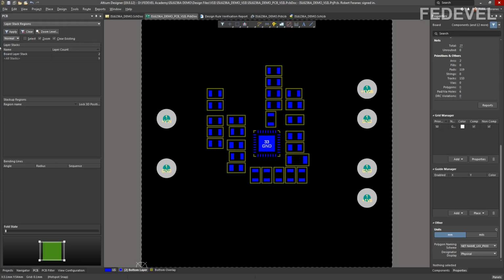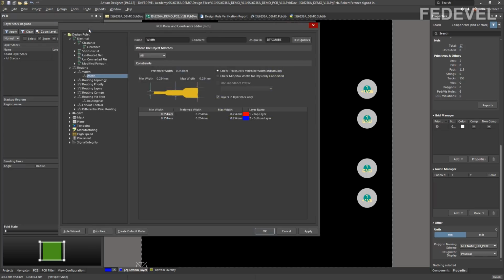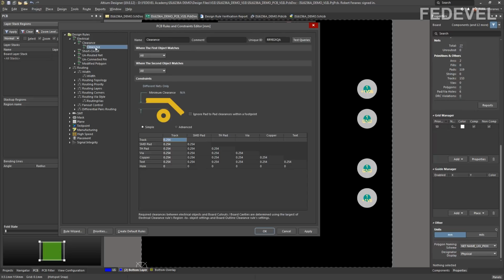Go back to our PCB, then design rules. Go into design rules, electrical, left click on this clearance rule, and here we basically set the minimum distance between tracks on our PCB. What number we are going to use? Do you remember? 0.2, enter.